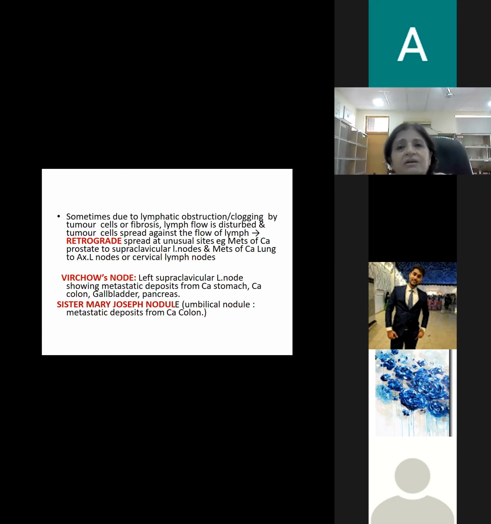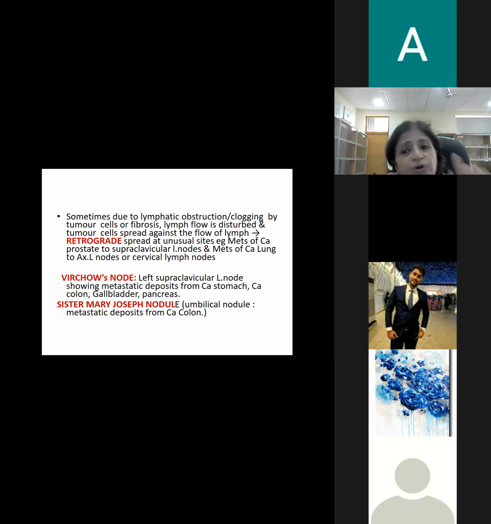She observed कि बहुत सारे colon cancer patients हैं, जिनके umbilicus के ऊपर nodules बन जाते हैं. और जब उन nodules की biopsy surgeons ने की, तो they found that cancer of the colon